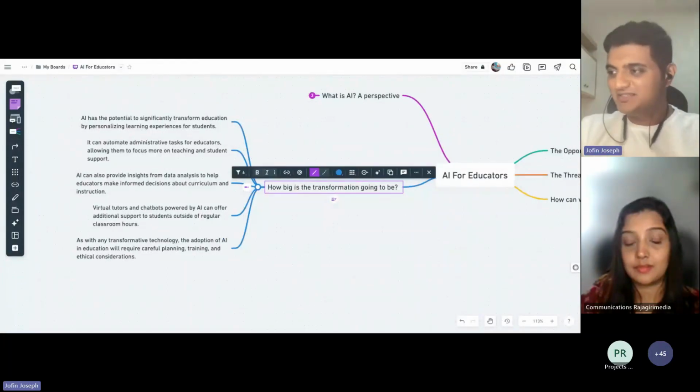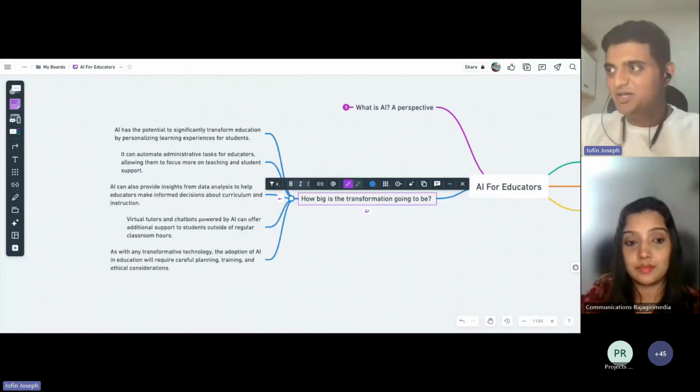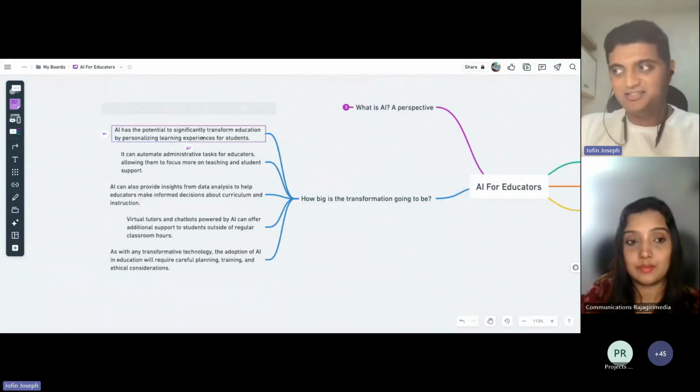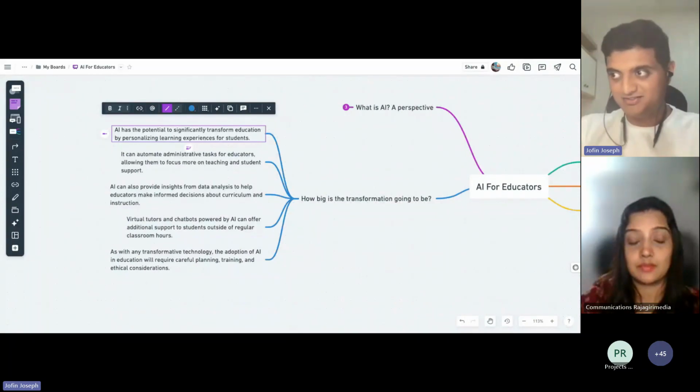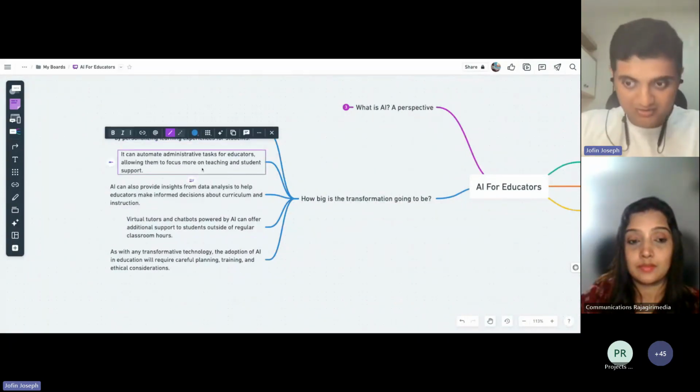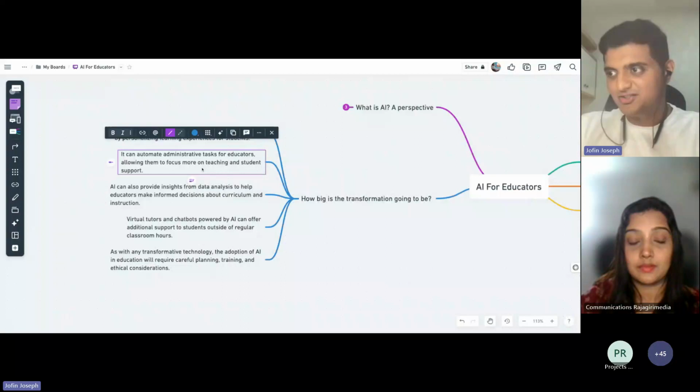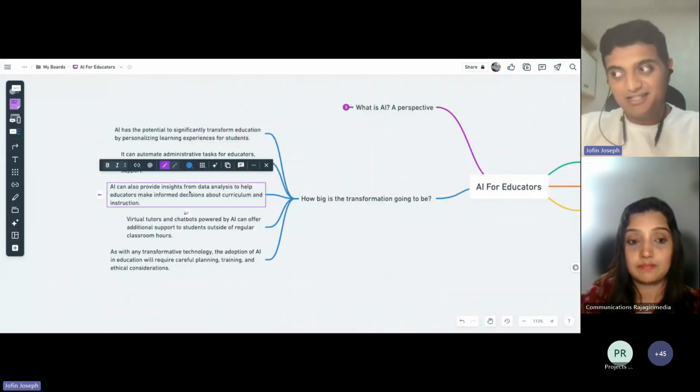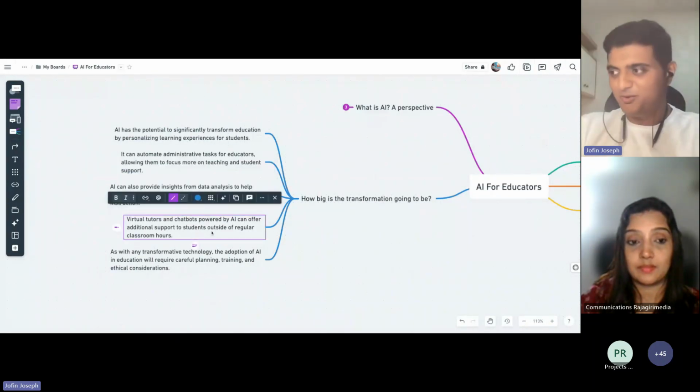So this is an AI powered system. It is now saying it has the potential to significantly transform education by personalizing learning experiences. It can automate administrative tasks in your institutions. It can provide insights from data analysis to make informed decisions about curriculum. It can have virtual tutors and chatbots powered by AI.